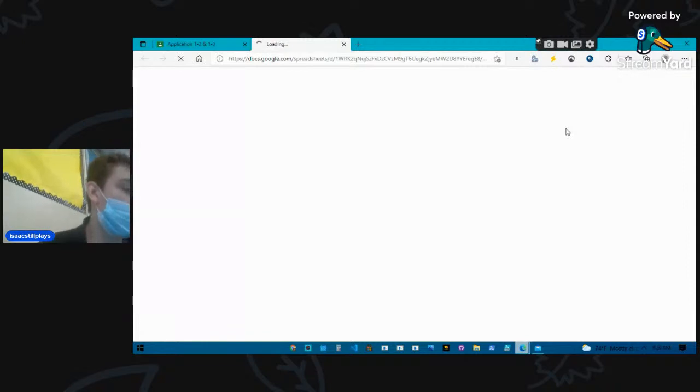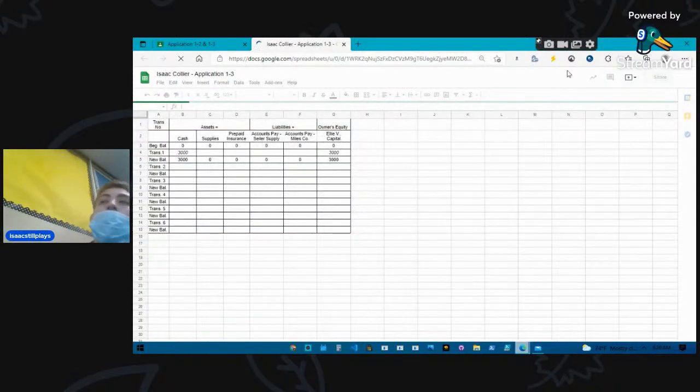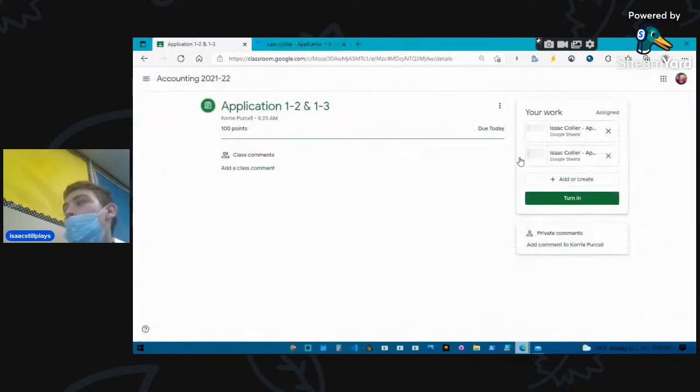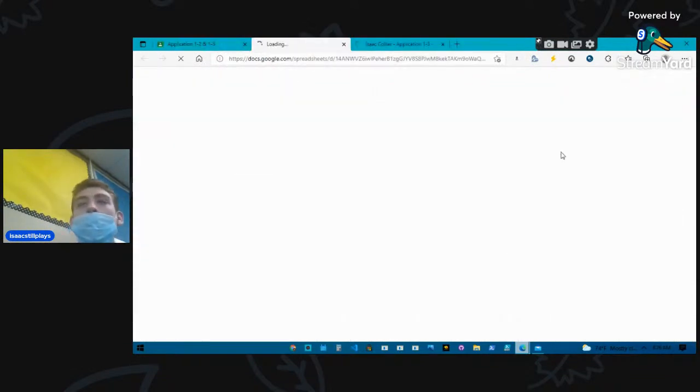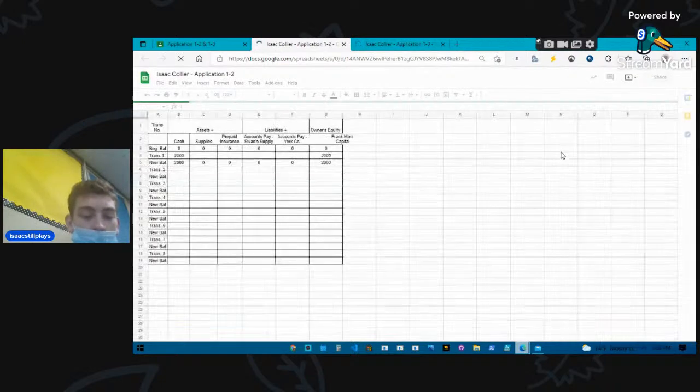Now, does that look a little bit more like what we did? Yeah. But let's work through this so you understand how these rows and columns work. They did number 1 for you. You'll see at the beginning balance, everything was 0, right? Because we hadn't done anything. If you read in the book,